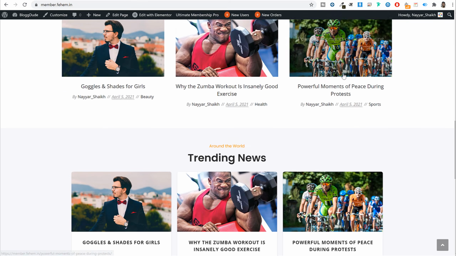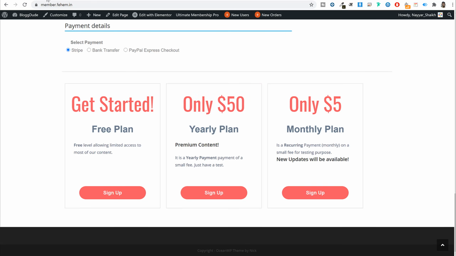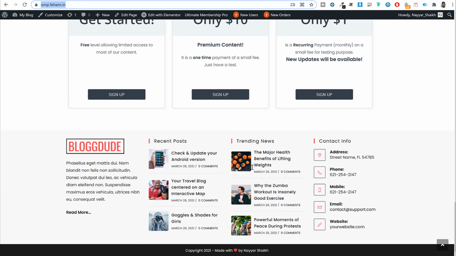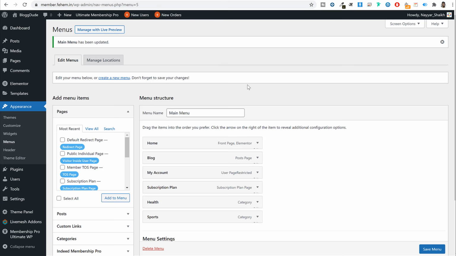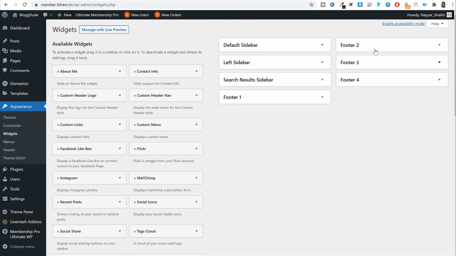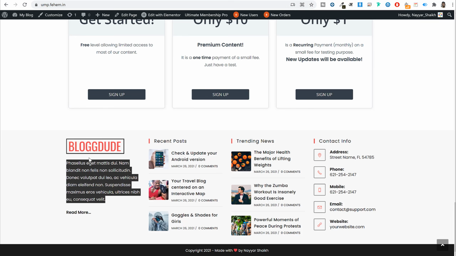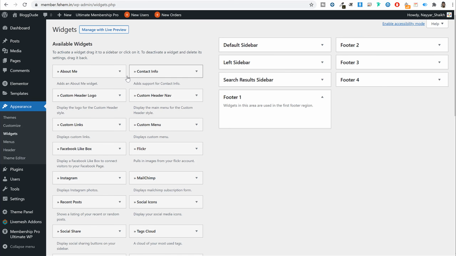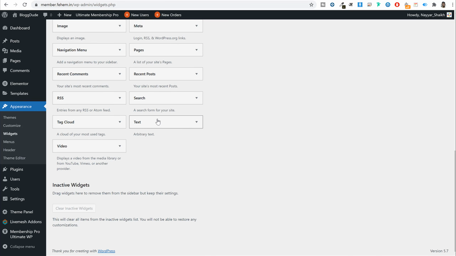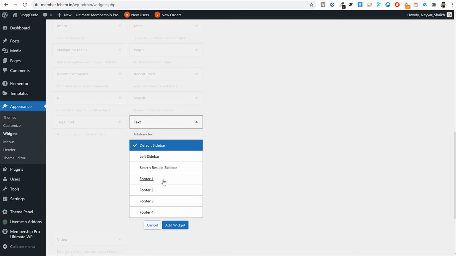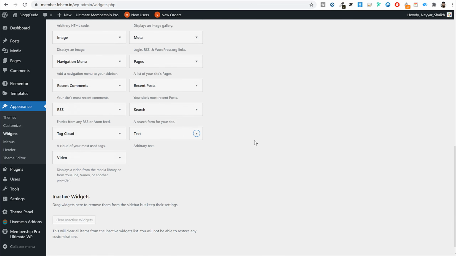Now let's do one thing. Let's add the footer at the bottom. So if you see, okay, like this, let's see how we can add this footer. So again, under appearance, you'll see widgets, click on that. And here you'll see footer 1, 2, 3, 4. So under footer 1, we want to add this simple about section. So we'll come over here, we'll use the text element for this, which is this. At the bottom, select this text, select footer 1 and click on add widget.